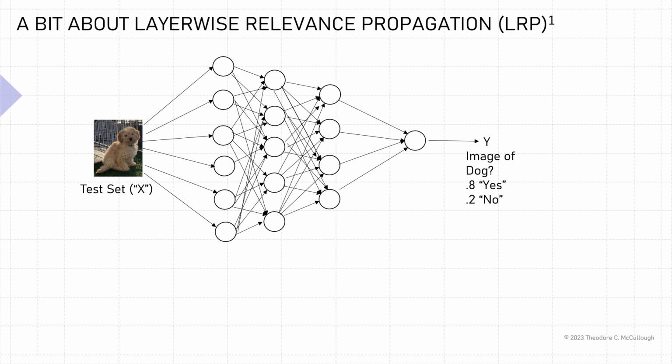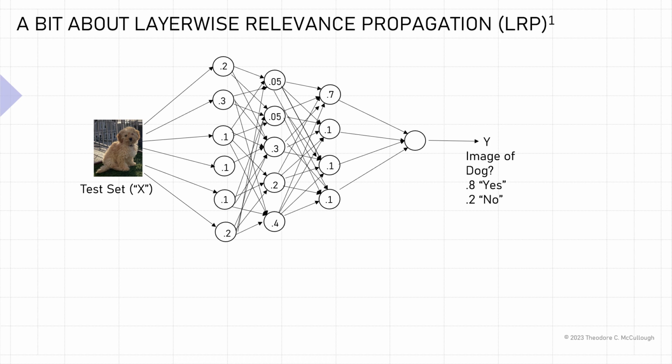In actuality, if you look at it from a more fine-grained perspective, the output is usually something more along the lines of, say, 0.8, that the image is of a dog, or 0.2, the image isn't of a dog. And that's because each one of the nodes in the neural network actually outputs a probability that an image is or is not of a particular class. So for example, a node may output 0.7, or that there's a 70% chance that the image is of a dog, or say 0.4 or 40% chance that the image is of a dog, or even 0.3 that there's a 30% chance that the image is of a dog.